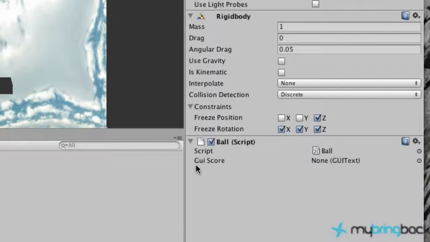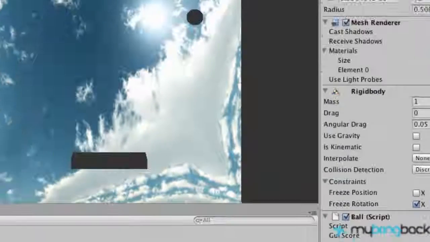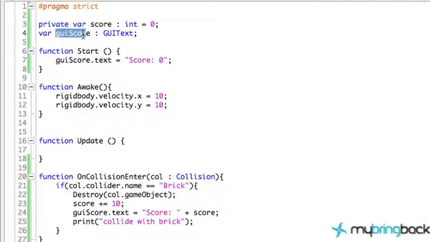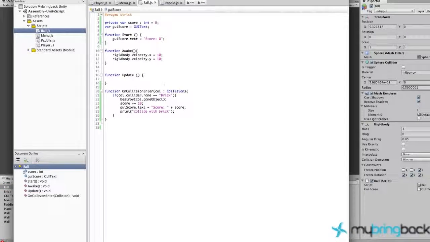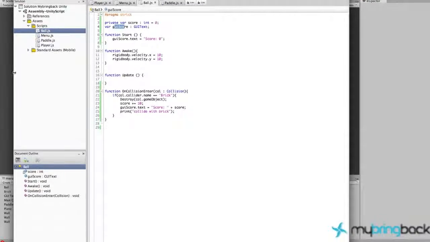So what it's doing is it's saying it's looking for a GUI score, which is the name of our GUI text here that we created, and it's looking to find a GUI text object. So all we have to do is tell it which GUI text object we want to interact with here. So let's go over to our hierarchy, grab our GUI text, and just drag it and give it that information that it's looking for there. So now we've linked up our actual GUI text, which is our scoring system, to our script that it's looking for. So now it's going to know that this variable that we created, GUI score, is actually that GUI text in our game. So now let's run this again,